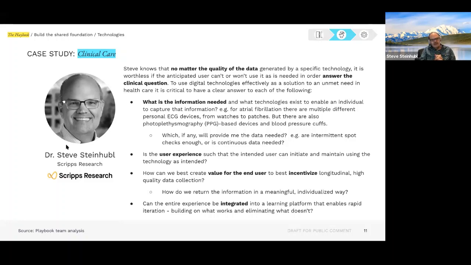What I'll want to start with is just the concept that I think we all realize, but often don't take into account when we think about using this in clinical care, is that no matter how fancy your sensor is or how wonderful it is, if people don't use it, it's as good as nothing. It's not going to be helpful. It's not going to give you what you need. It's not going to give the participant what they need, and it could actually have a negative effect and lead to disengagement. And too often we've seen where we have a great sensor that might be exactly what we need,